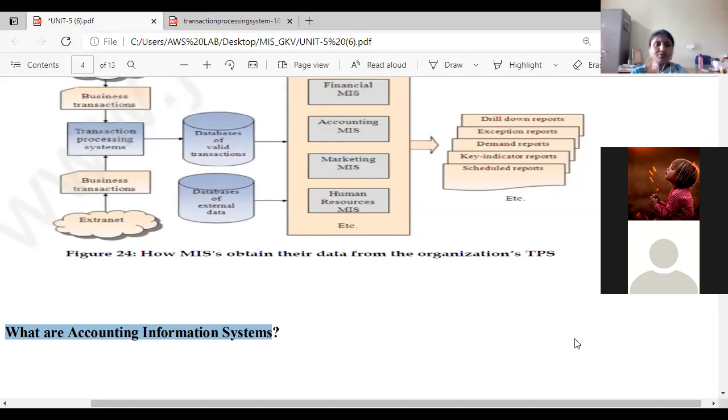And these accounts are useful for government purposes also. How much tax we are going to pay to the government, for that purpose also we require account statements. So we have different reasons why we should maintain accounting information systems. In tomorrow's class, I will start that particular topic and we will go through the concepts mentioned in the accounting information system.